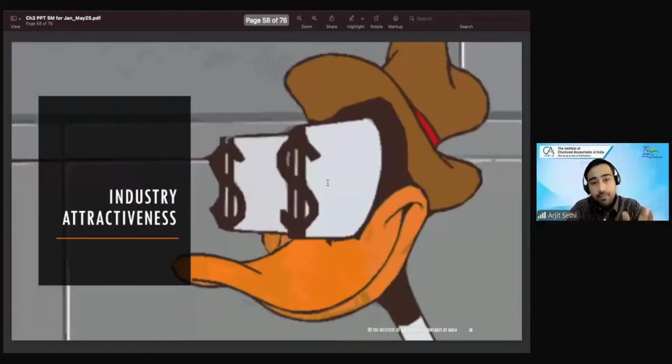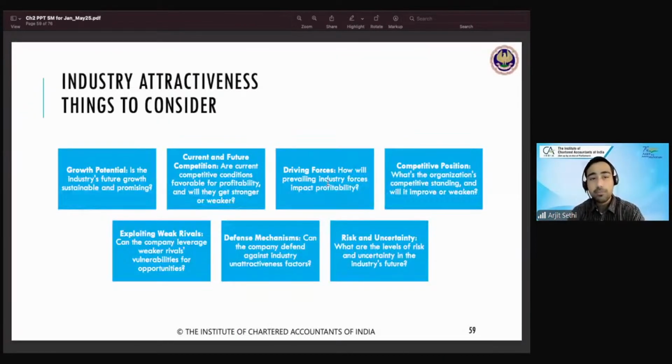Okay, that's what Michael Porter's 5 forces of competition were all about. The consumers' power, the suppliers' power, the threat of new entrants, substitute products, and rivalry amongst competitors. All of this we were studying, our mind was only talking about industry attractiveness, which means how much money am I going to make here? Should I even go into that industry or not? Should I even go into this business or not was the question.